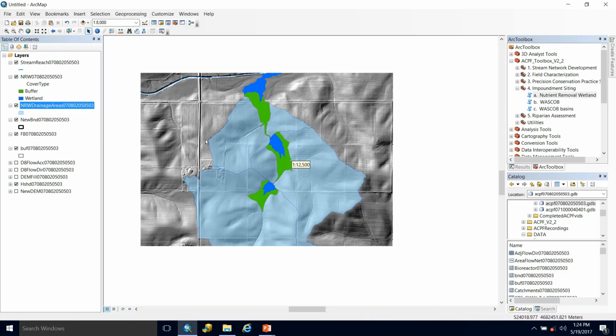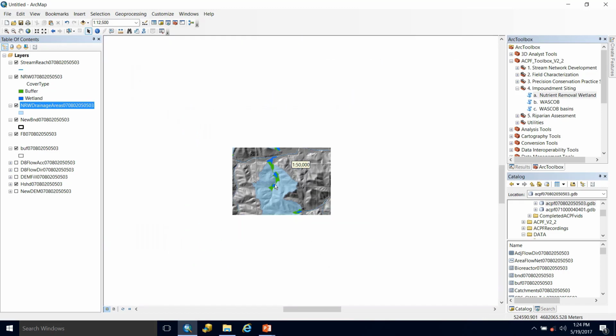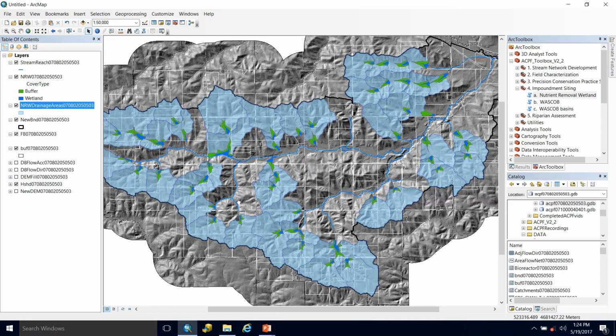I'd like to take a look real quick at these three right here. They tend to feed into each other. We can see that they're following the same concentrated flow path going along here. In this case, you probably wouldn't build these two that are further upstream. You would build the one that's furthest downstream. And that's because this furthest one downstream is going to treat the same area as these two up here. So it's just good to be conscious of your outputs.